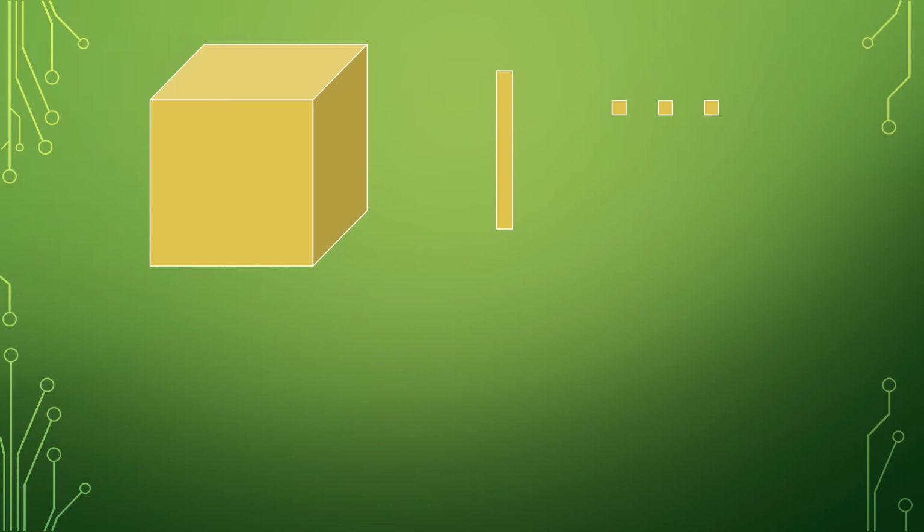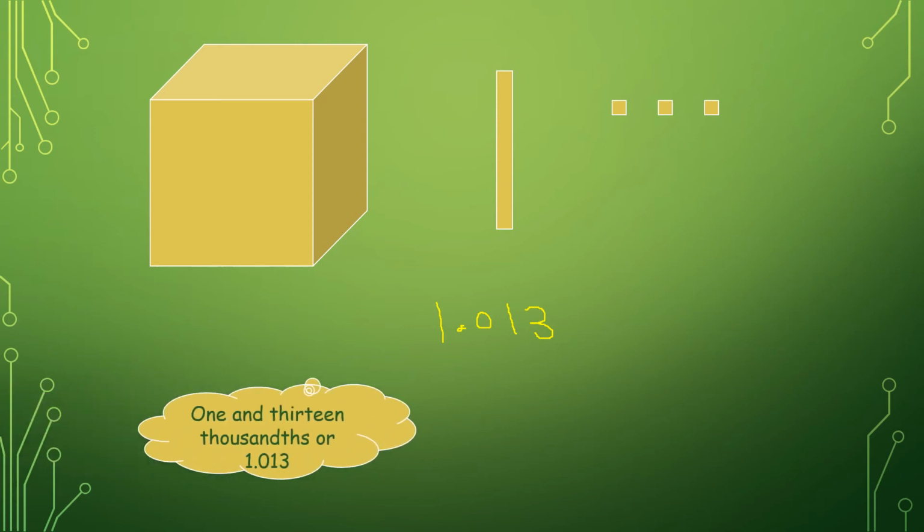Yes, come on, which part is missing? 10th part, right. So the answer is 1 complete, 10th part is missing, so 0. And this block is there, but it is only 1 in number, so 1. And how many of these blocks are there? 3. So 1.013. Okay, no 10th part, one whole part, one stick, and 3 blocks. So the number name will be 1 and 13 thousandths or